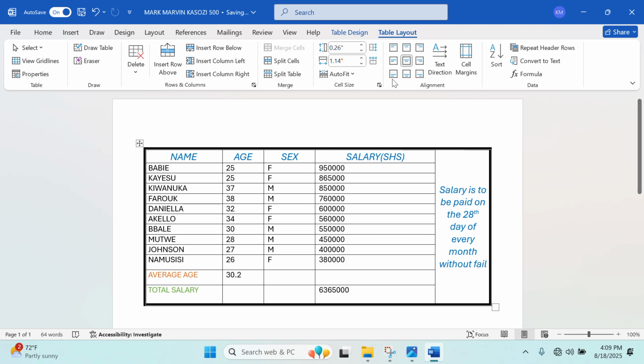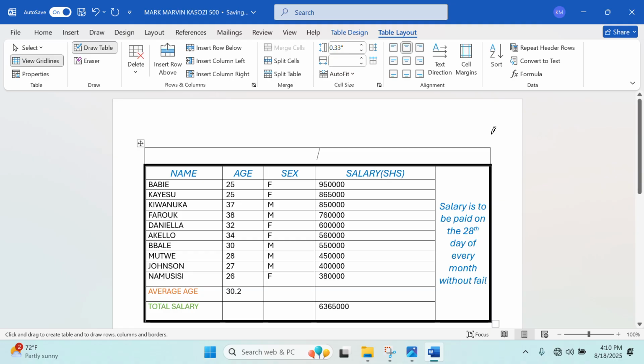Anyway, I can choose a pencil again. I can draw using a pencil on the top here. I can draw something from the top to this side without releasing. I can draw something like a row on the top of my table. And then I can put a heading they want me to write, that is payroll for